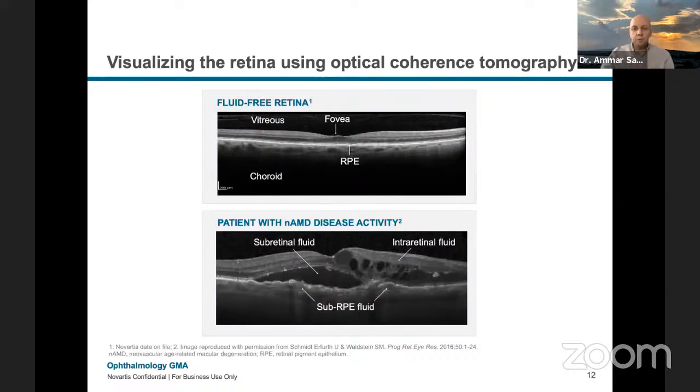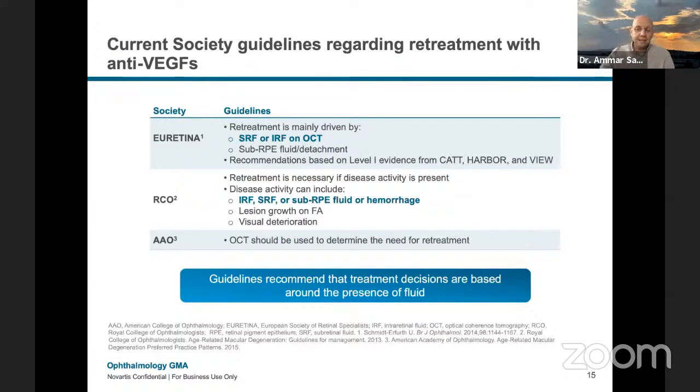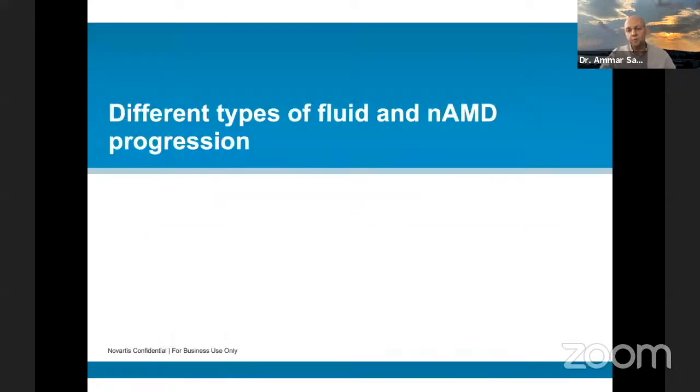patients. If you look at the OCT, on the top you see the normal OCT, how it should look, and in the bottom part you see different kinds of retinal or subretinal fluid in general. And like I said, guidelines from so many international retina and ophthalmology bodies tell us that the OCT is the main drive for deciding how to treat or when to treat and how to monitor these patients.